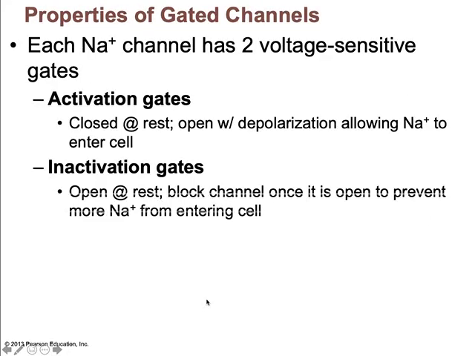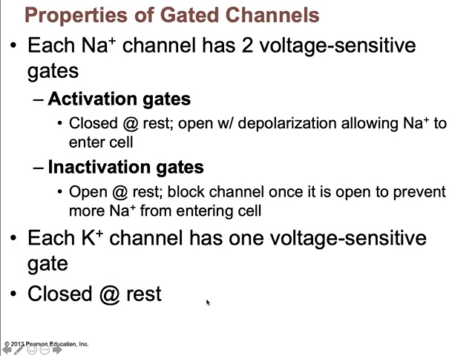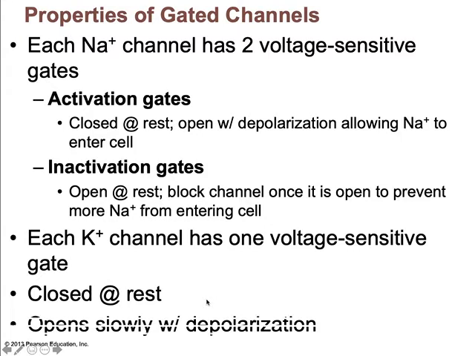So gated channels in areas of the cell that are capable of generating an action potential have doors on them that, when they're closed, don't allow ions to flow through them, and when they're open, they do. Okay, so each sodium channel has two voltage sensitive gates. There's an activation gate and an inactivation gate. The activation gate is closed at rest and opens with a depolarizing stimulus and lets sodium flow into the cell,